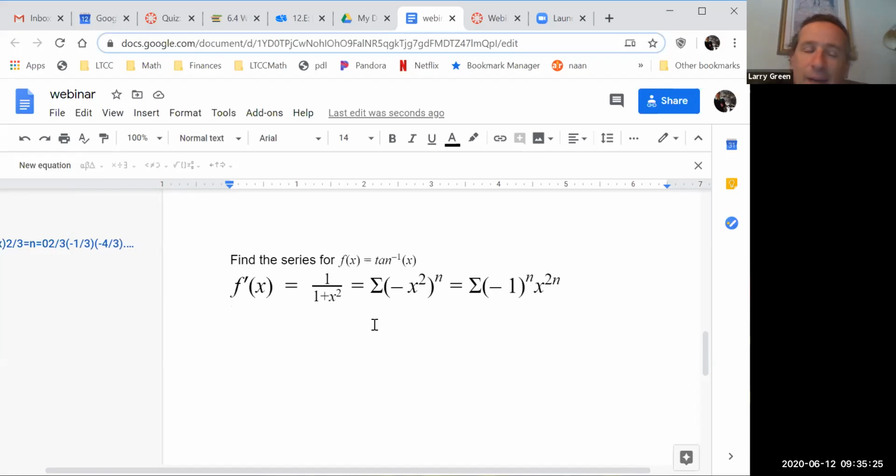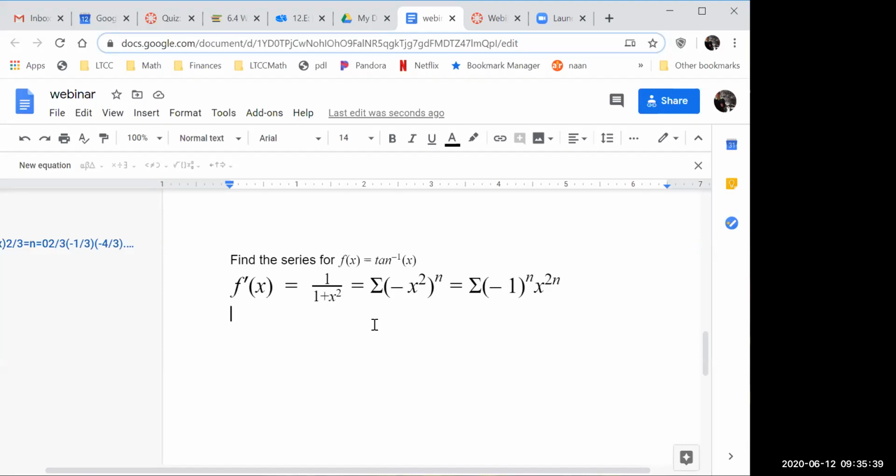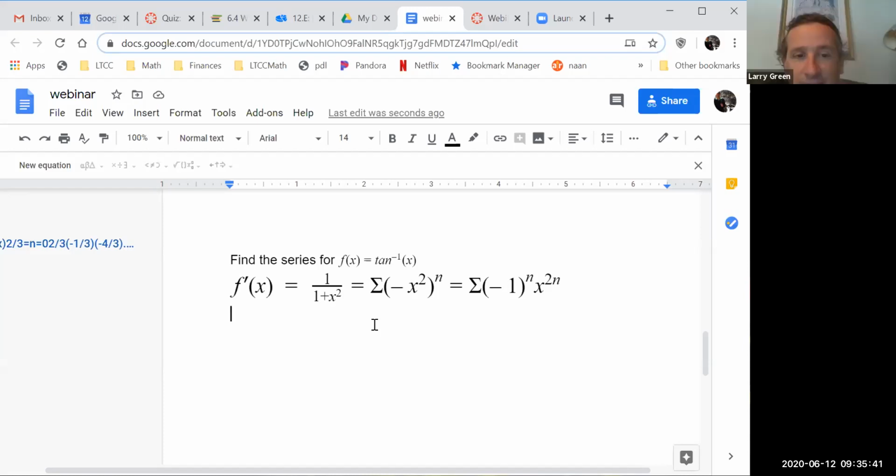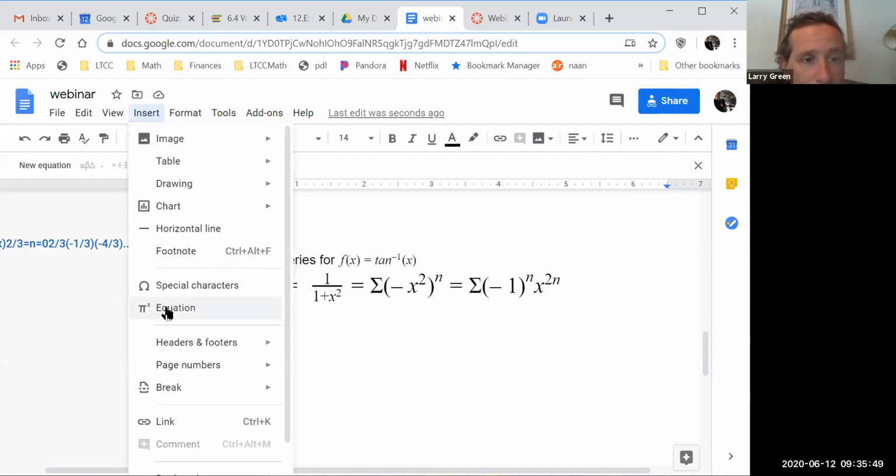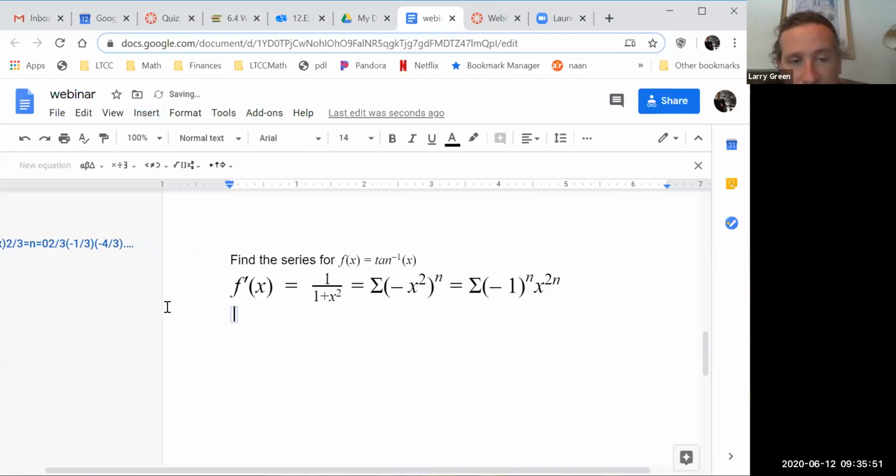Okay, now that is not the power series for the arctangent of x. That's a power series for the derivative of the arctangent of x. Do y'all agree? Yes. So how do I find the power series for the arctangent of x? Yeah, we integrate. So then we can say that the arctangent of x